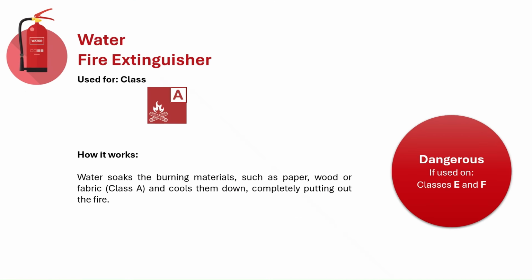Let's begin by discussing different types of fire extinguishers in detail. The first one is the water extinguisher. It's crucial to remember that water extinguishers are only for Class A fires. Water extinguishers work by soaking burning materials like paper, wood, or fabric. These are known as Class A fires, and cooling them down to extinguish the fire. Using water on other types of fires, especially electrical fires, Class E, or cooking oil fires, Class F, can be